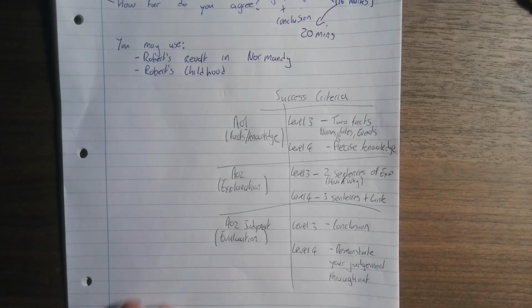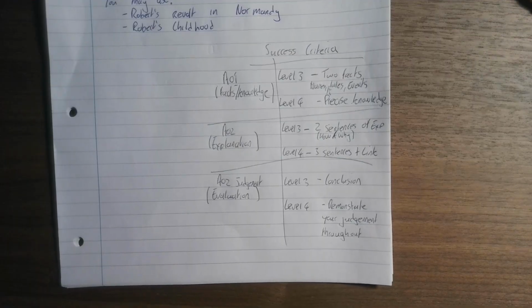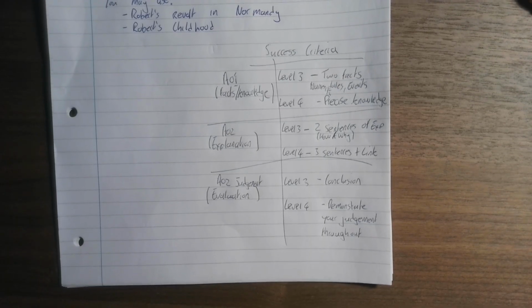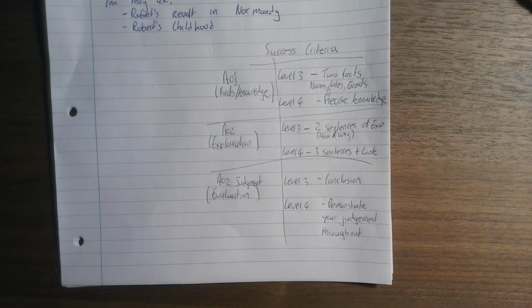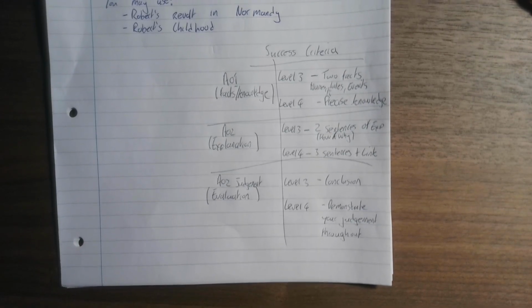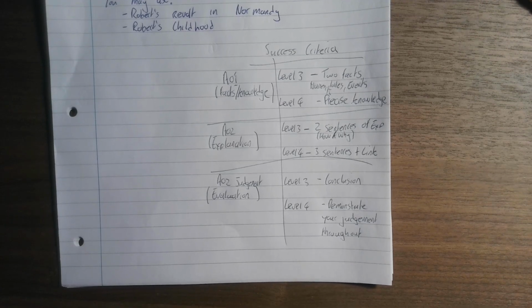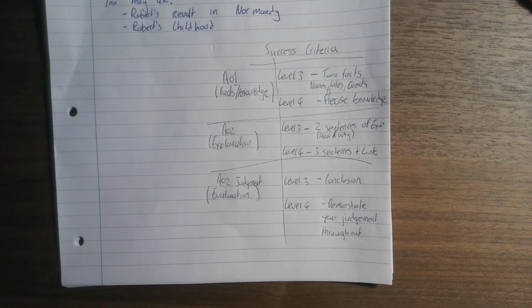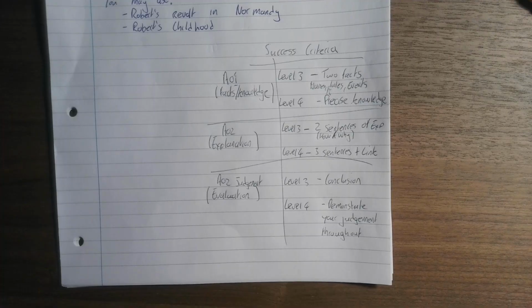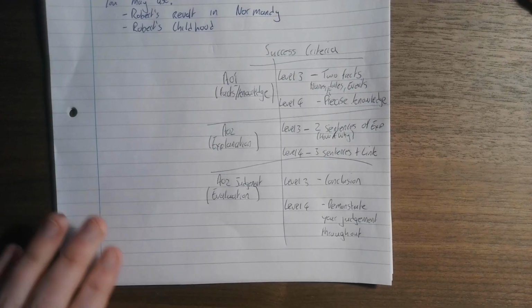And the way that you can do that is you can maybe compare reasons at the end of each paragraph, or your conclusion could simply use phrases such as, overall, I think that the main reason they had a poor relationship was. However, I appreciate, this is where you create links between your reasons, but then you go back to reinforce the main reason for your arguments. So, there's your success criteria there.